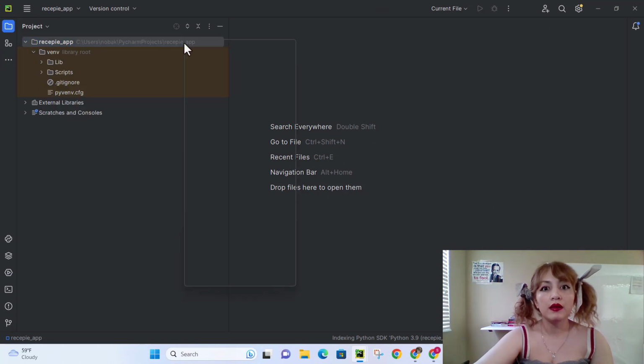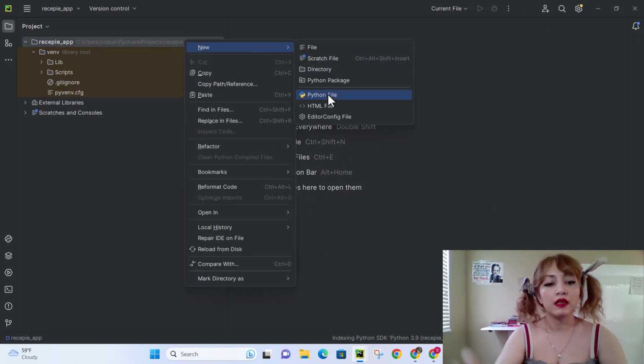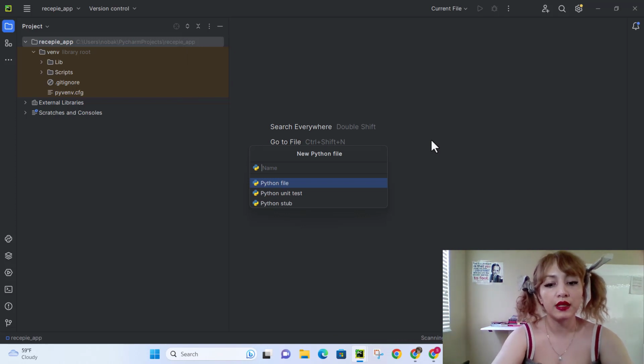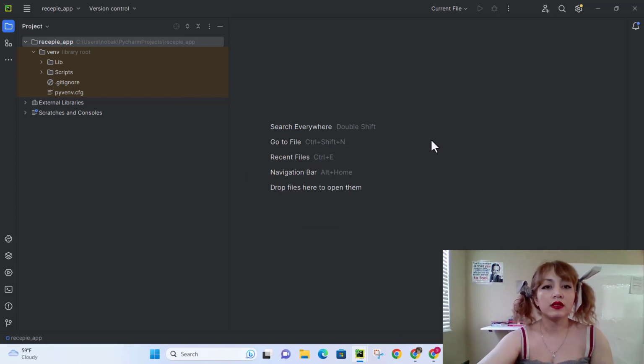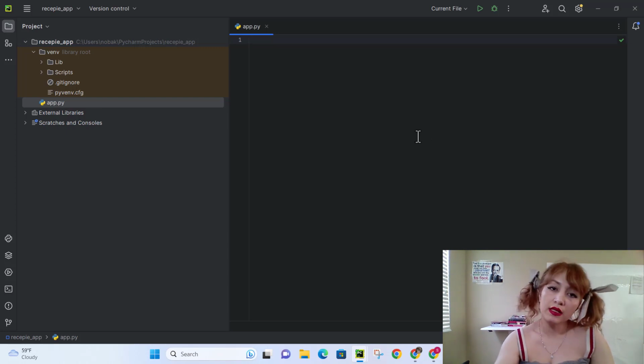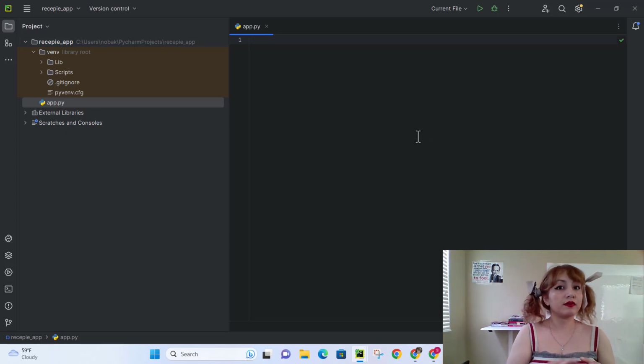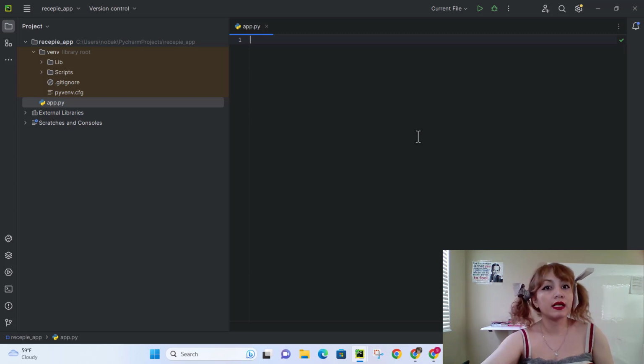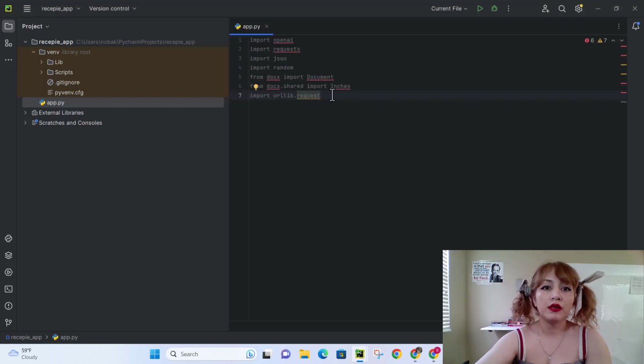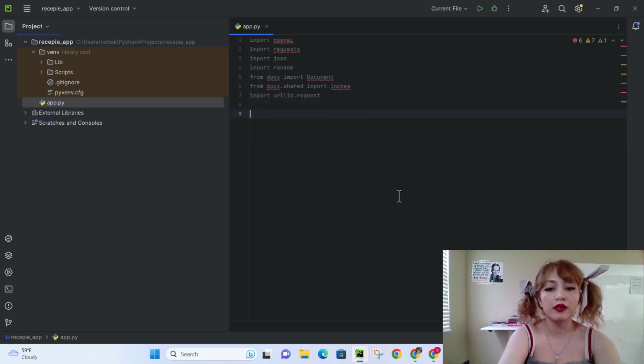Let's make a Python file and call it app, and we're going to do our imports. That's going to be OpenAI, JSON, request, and a bunch of other libraries for us to throw in all the images and recipes automatically to a doc file. So the imports are going to be, so now that we have all of our imports,